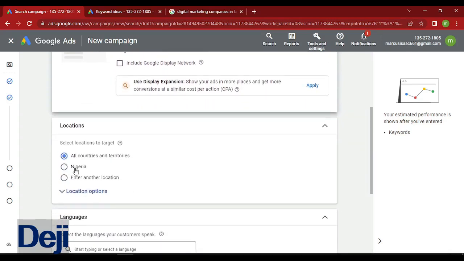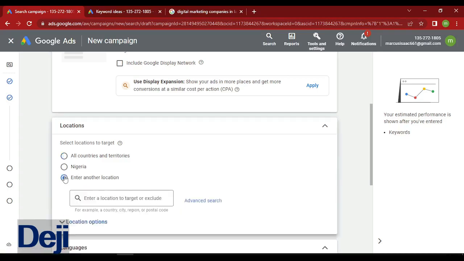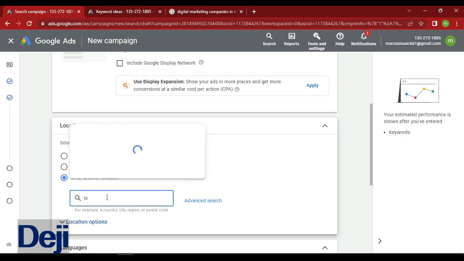And for the location targeting, if you watch my second video on display ads, I did a form of breakdown, and in that video I said that for you to have a better result, don't target a broad location, just streamline it down to locations. Be specific in your targeting. For example, now I don't want to target the whole of Nigeria, so I want to target Lagos, and even in Lagos I can just target some cities. For example, I can target Lekki